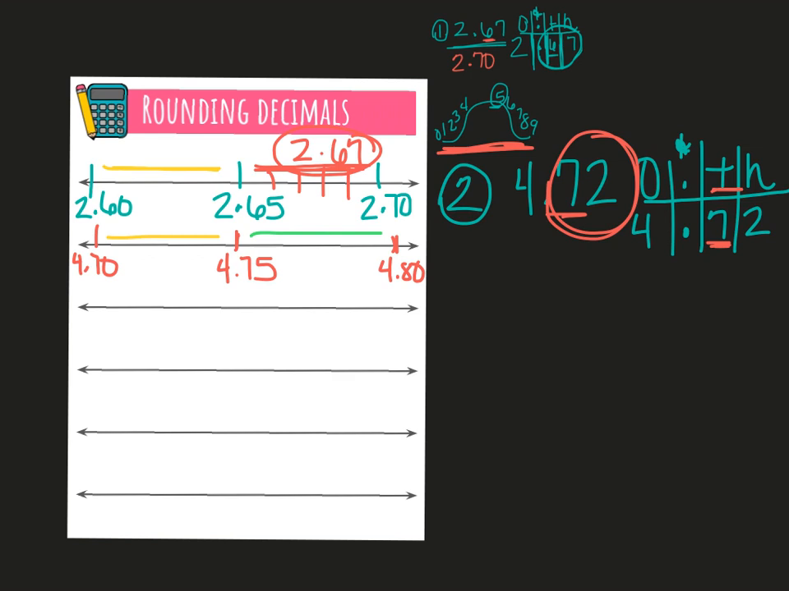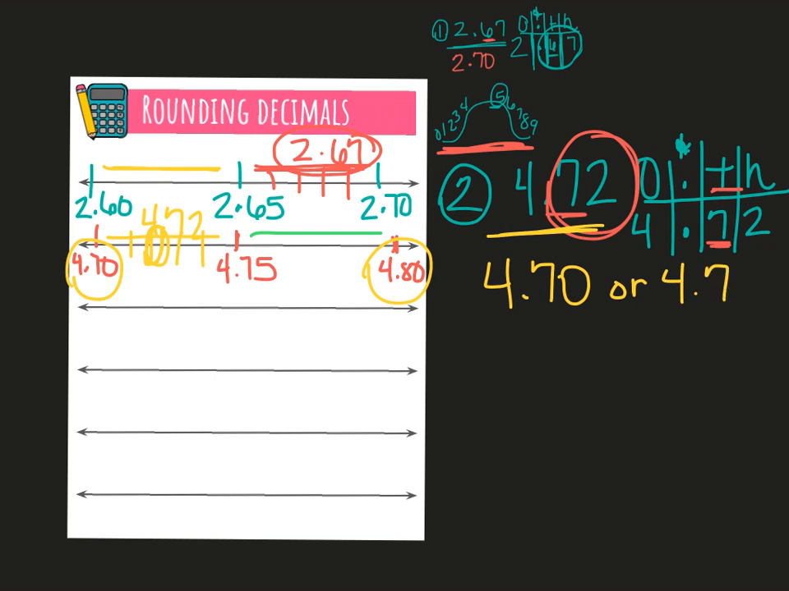Okay, so looking at 4 and 72, I can clearly see that it lands, I have 470, 71, 72, 73, 74. So I see 4 and 72 would land right here. And because 4 and 72 lands right here in this spot, then that tells me that 4 and 72 is closer to 4 and 70 than it is to 4 and 80. So this would round to 4 and 70 hundredths, or remember, you can also write it as 4 and 7